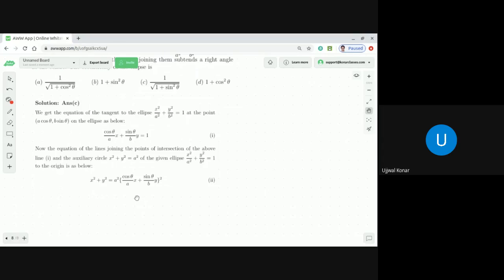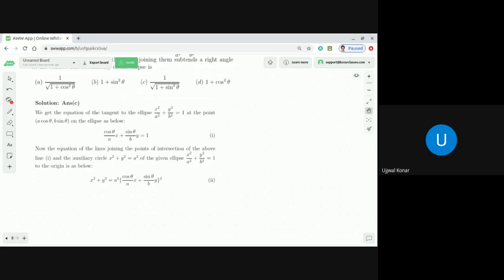So what we did first, we found the equation of the tangent to the ellipse, which is there in the equation 1. Now, the equation of the lines joining the point of intersection of the above line 1 and the auxiliary circle. What is the auxiliary circle of the given ellipse? It is x square plus y square equal to a square. Okay, the line joining the point of intersection, we can get this one, x square plus y square is equal to, equation of the line